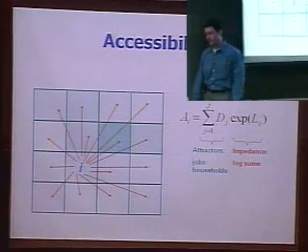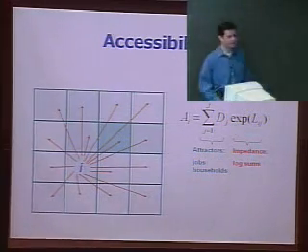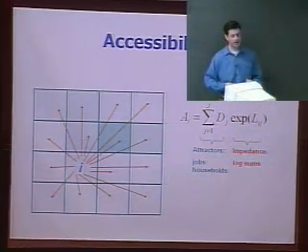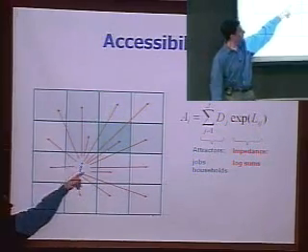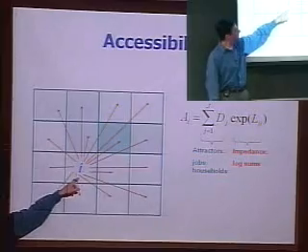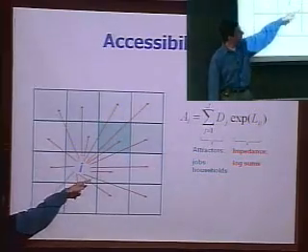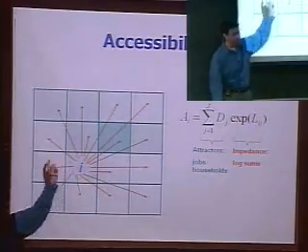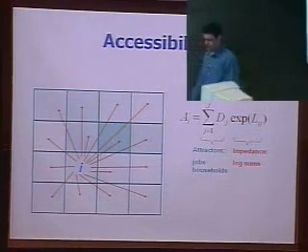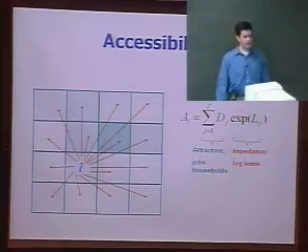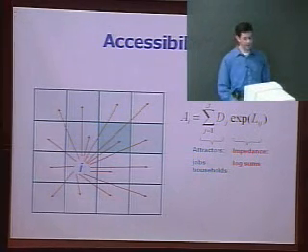When we're calculating accessibility, though, as a single value for a grid cell, what we do is then sum up, for this grid cell i, the accessibility calculations for going to all the other grid cells. And this is what's actually done in UrbanSim, and this is what's done in a lot of other land use models when they talk about accessibility.